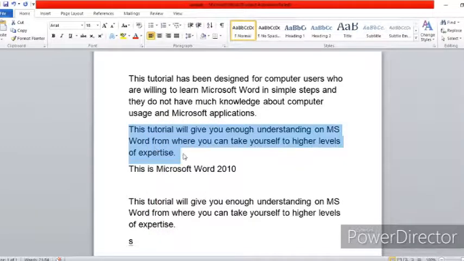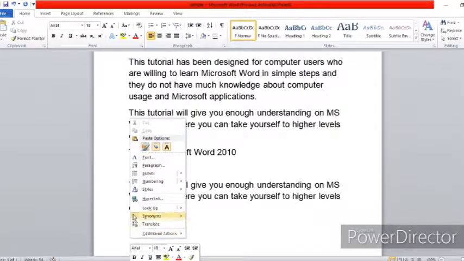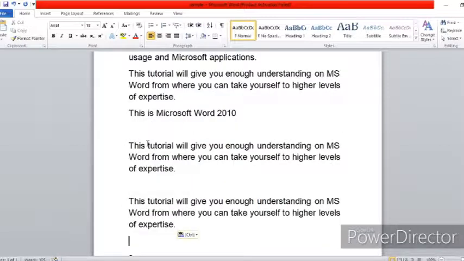You can use the shortcut key Ctrl C. This is the shortcut key for copying, Ctrl C. Then place the cursor where you want to paste the text, right click and paste. Again, the shortcut key for pasting the text is Ctrl V.